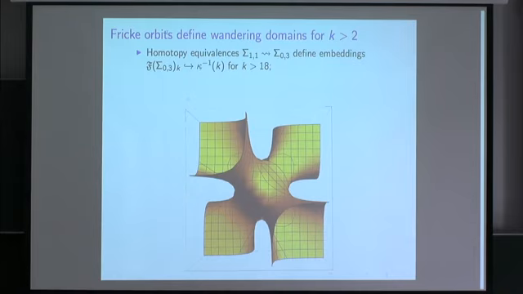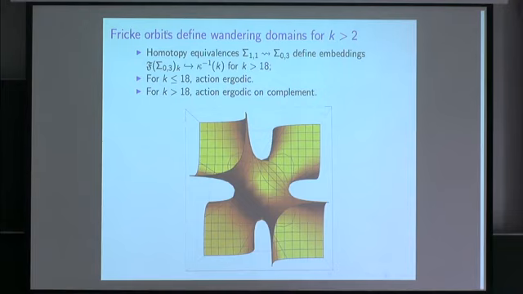And in this case, we get maps from the Fricke space with fixed commutator into the level set. And these would be triangles, which I unfortunately haven't gotten around to programming in, but should be quite an interesting picture. When the trace of the commutator is less than 18 and greater than 2, the action is ergodic on the complement of these wandering domains, using the fact about elliptic elements. So this is a trace reduction algorithm that goes into proving these things, to use elements of the mapping class group to move down into elements where simple closed curves become elliptic.